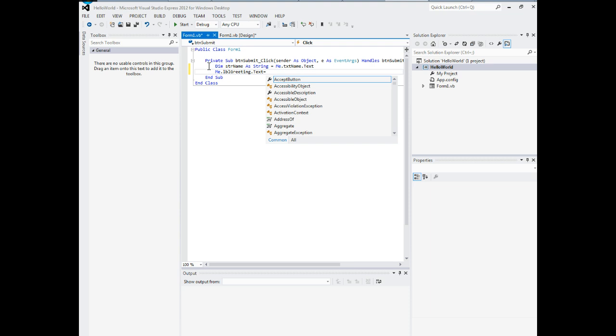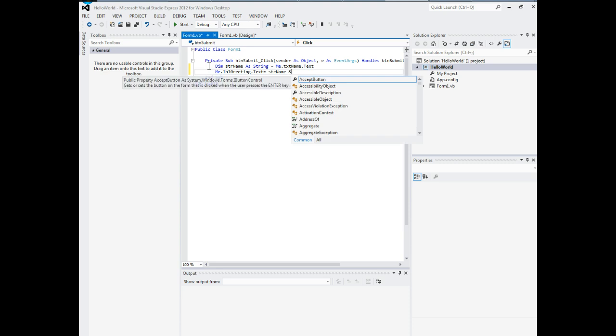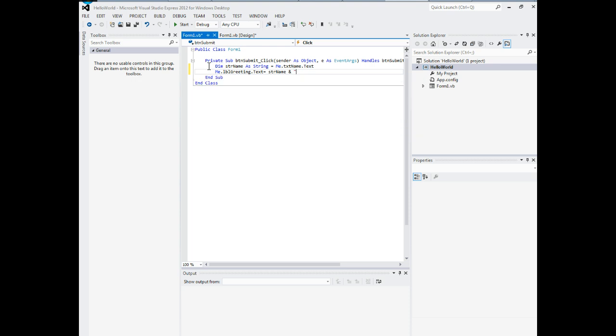What we'll do is I'm going to use a combination of text and the value in your string variable. So what I'm going to do for text is I'll say actually no, I'm going to say str name. Then I'm going to put in a space and then the ampersand. That's the funny little symbol above the number 7 on your keyboard. And then I'm going to put in a space and then a quote. And then inside the quote I'll need to put a space as well. And I'll say